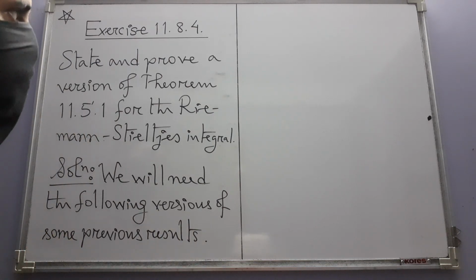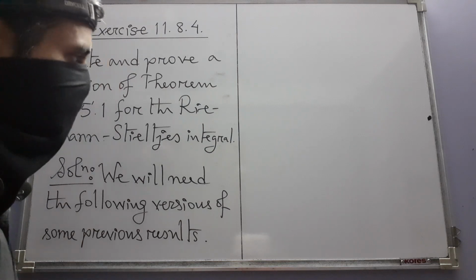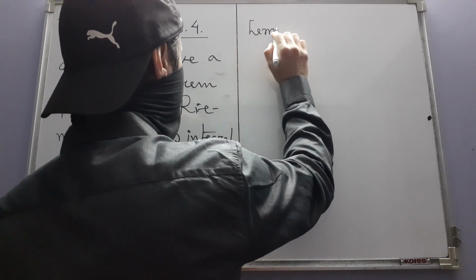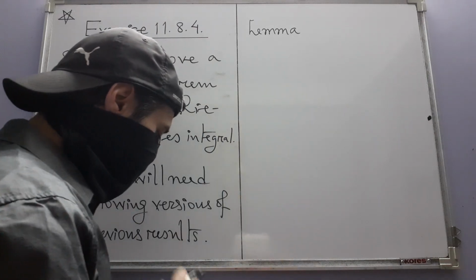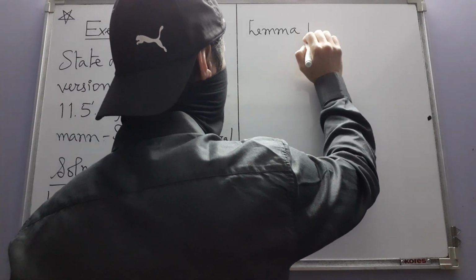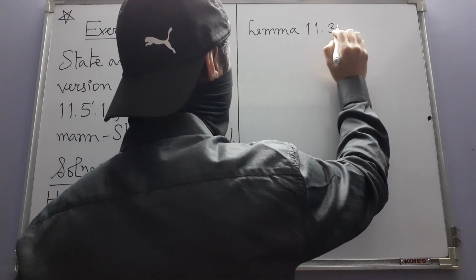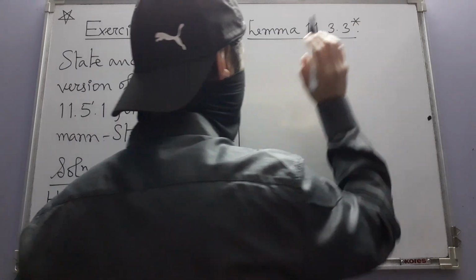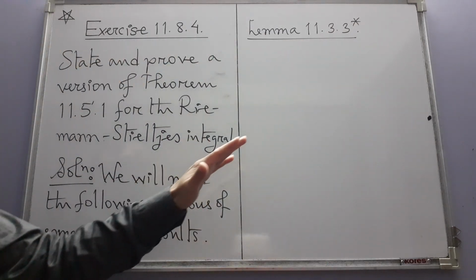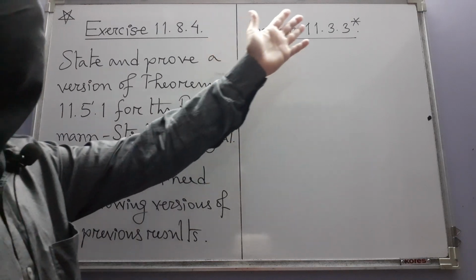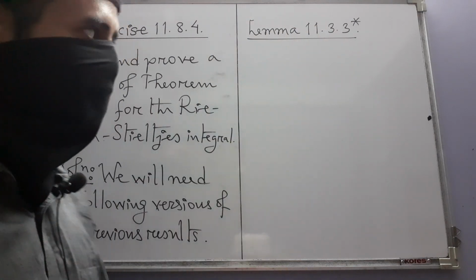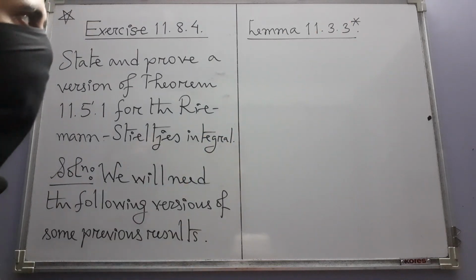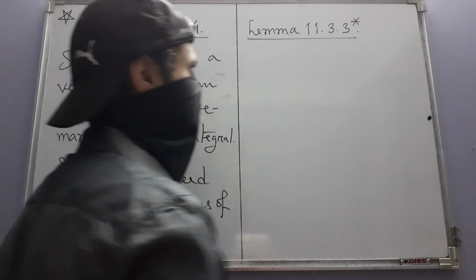That's understood. And the first one we are going to need is this. Let me give this a name also. Let me call it lemma 11.3.3 star. It is the Riemann-Stieltjes integral version of original lemma 11.3.3. That's why I decided to identify it like this. And the statement is this: